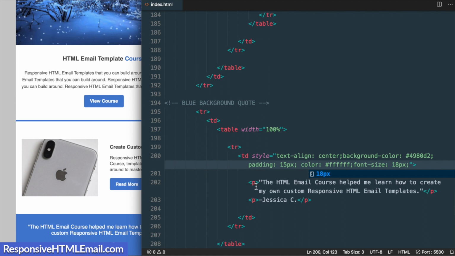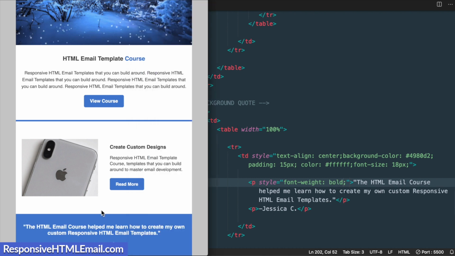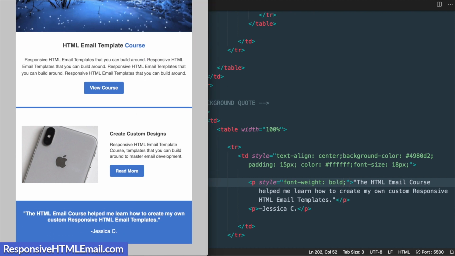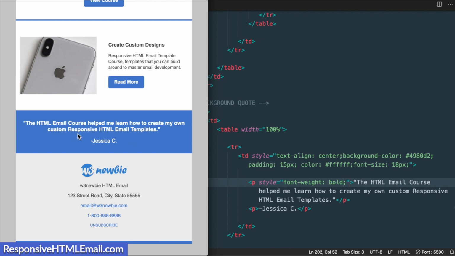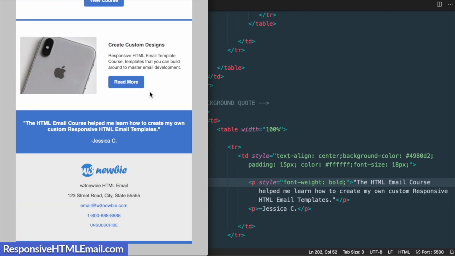Then lastly, we'll just style the top text. So I'm going to give it a font weight of bold. And we'll leave the Jessica C text at the regular font weight. All right, so with that section matching the original, let's move on to the last section, which is the footer